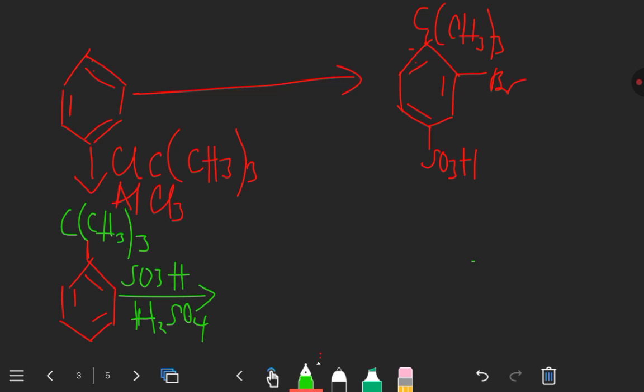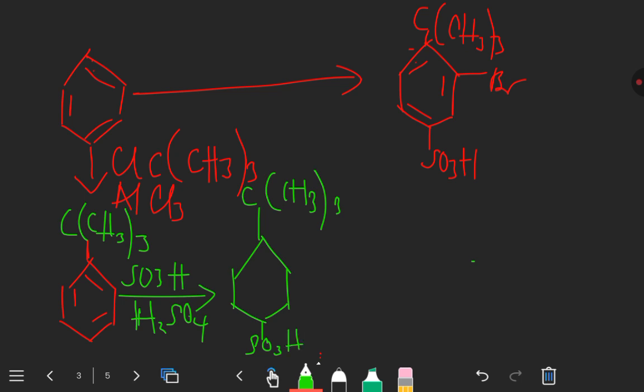The reason why we are using this is because we want to block the para position. Now the product we're going to form is going to have something of this nature. In the first case we had this C(CH3)3, then at the bottom here you have